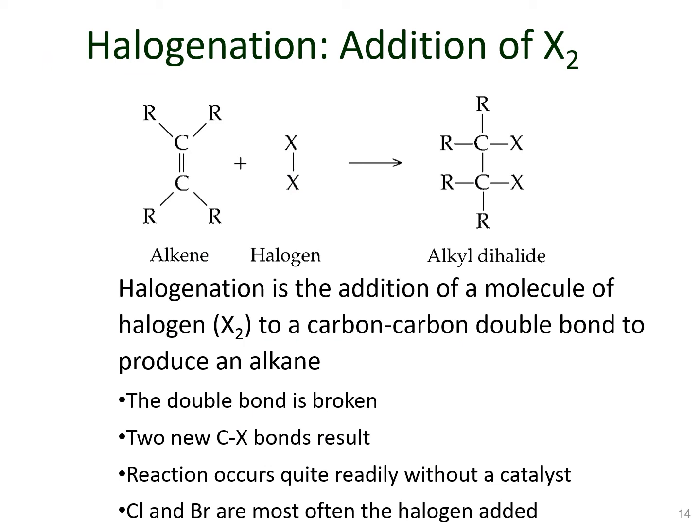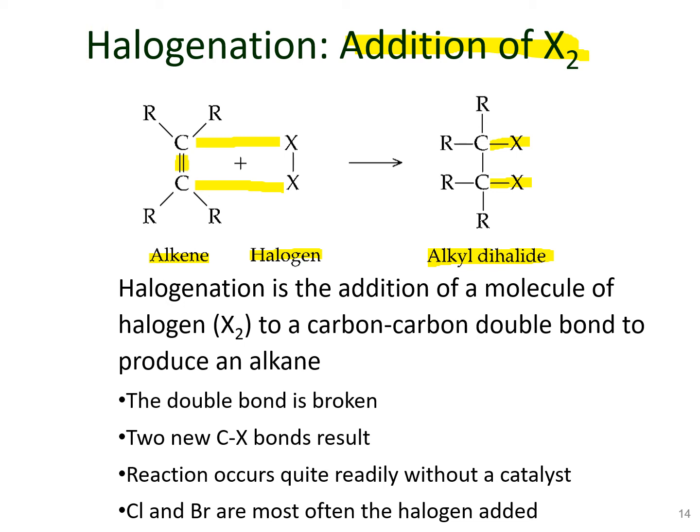Next up is halogenation, which is the addition of a halogen molecule represented by the X2 here. So we have got an alkene, and in place of the hydrogen it's simply a halogen X2 molecule. Same thing will happen, the double bond will break. One carbon will bond with one atom of X and the other one will bond with the other atom of X as shown in the product side, and the product formed is known as alkyl dihalide this time, that has got two halogen atoms